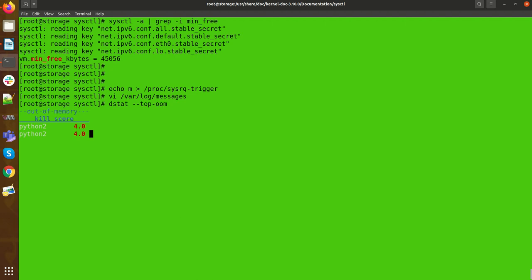Okay, so Python 2 is a process which will be killed when your system is out of memory. This will be the first process to be killed. More you can see here.